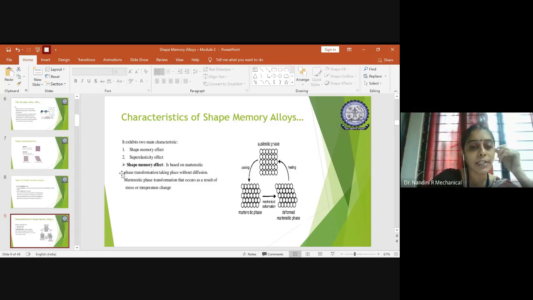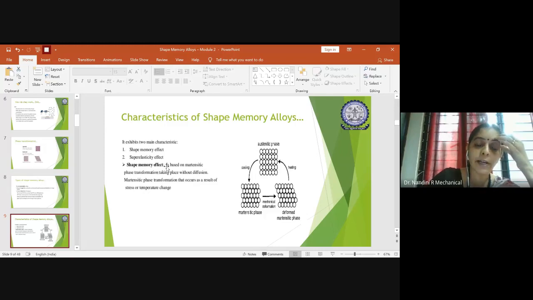So now we'll start with the shape memory effect. What do you mean by it? You know already, the word itself suggests it, but still you should understand how the change within the alloy takes place from one phase to the other. I have told you in the last class, it has mainly two phases. One is the austenitic phase, another one is the martensitic phase. You get the austenitic phase when you subject it to a heating cycle. So when you have got the required alignment, and later when it is cooled, it will come back to its original position. That is nothing but the martensitic phase, right?